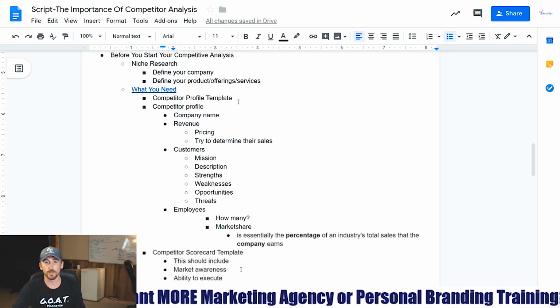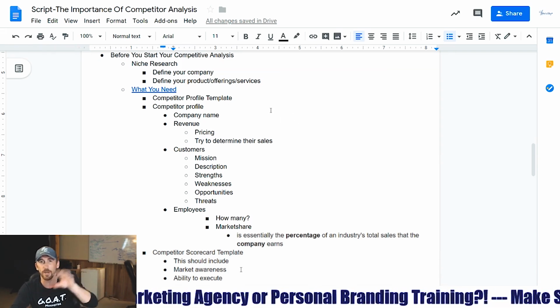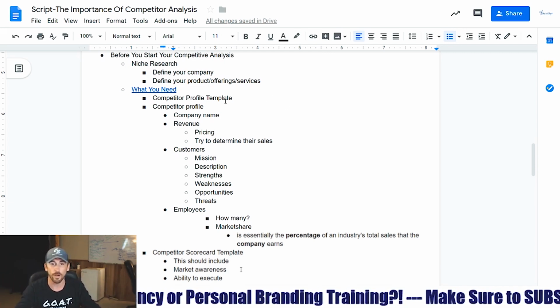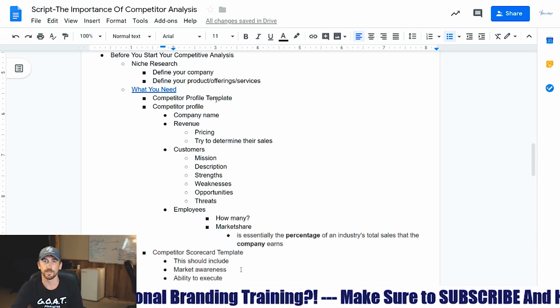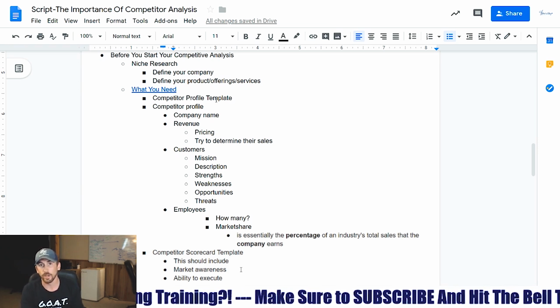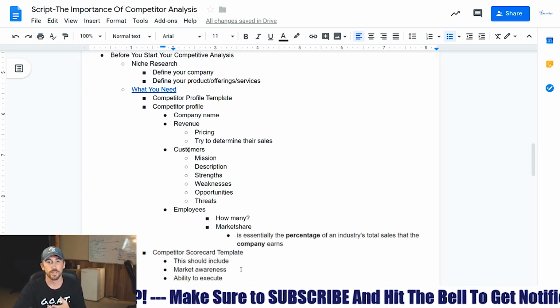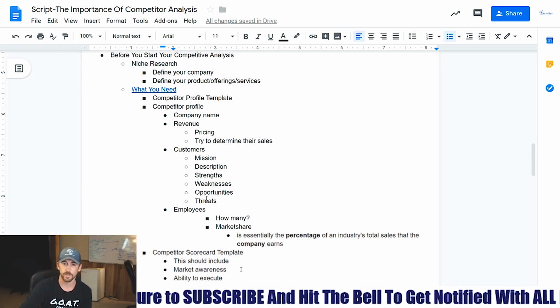All right, and then once you do things like that, you understand what your product or service is, why it's better or different from other products, what it lacks compared to other products. The next thing you want to do is build a competitor profile template. So you want to get their products and services, their business name, their following online, the size of their company, right? So company name, revenue, their customers, their mission, description, strengths, weaknesses, opportunities, threats, like we talked about, a SWOT